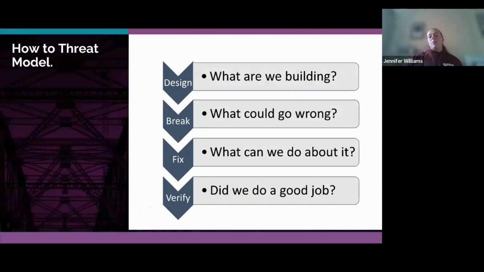Yeah, sure. So this one, before we move into how to threat model, just describes that there are lots of different frameworks you can use for threat modeling, but actually they're all asking the same fundamental questions. So, what are we going to build? What could possibly go wrong with it? What can we do about it? And at that point, you then build your system or your application. And the final stage is to verify that those fixes you put in place work. So did we do a good job of mitigating those risks that we identified during the threat modeling activity?